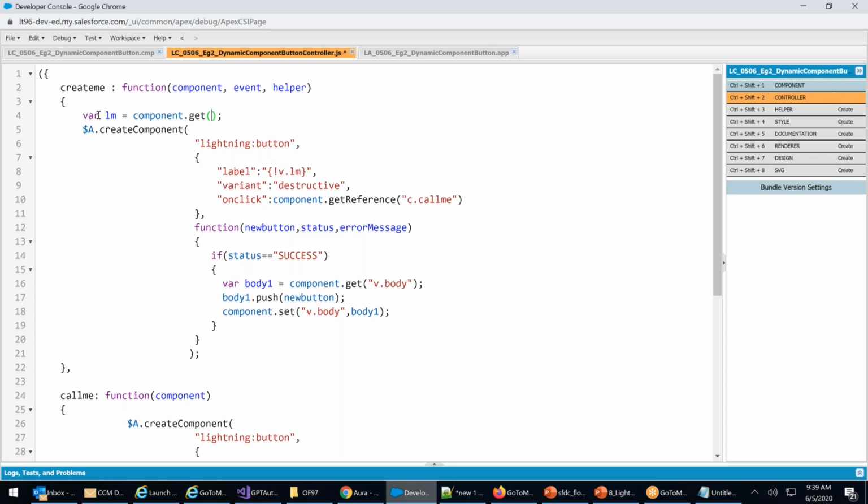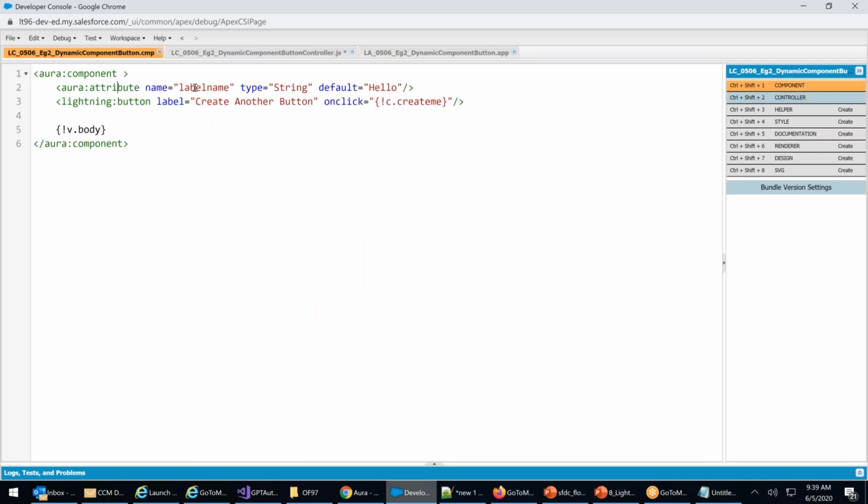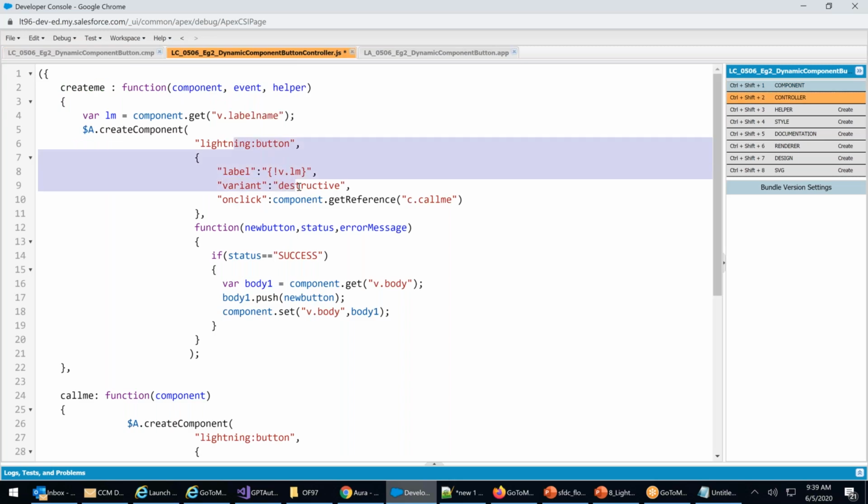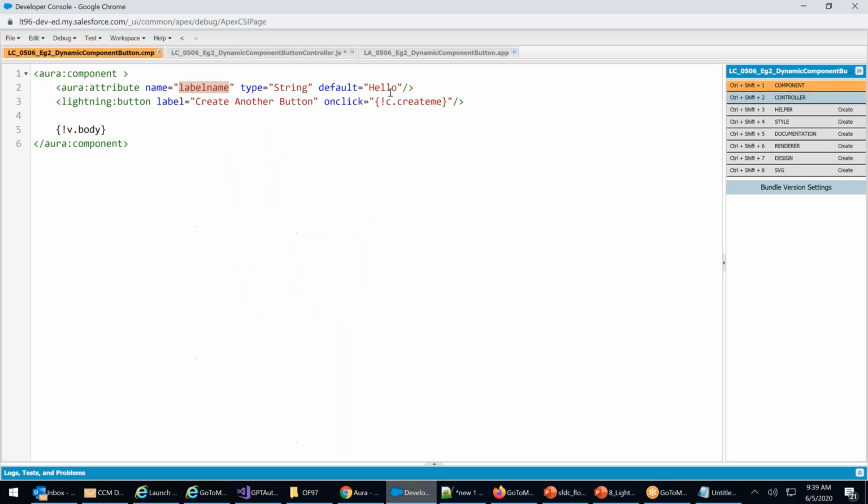What is the attribute that I defined? The attribute I defined is label name, and the current value is hello. So automatically it will create a button called hello. Later I will set the values. I just need to change this value. Yes, you can do that.